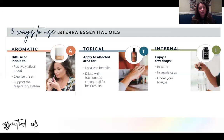And it's also great to remember that it's something that's going to affect your whole body. So if you're in doubt, or I don't really know where to put the oil, you can always put it on the bottoms of your feet or down the back of your spine. For my kids, I like to roll the oils down the back of their spine and then I rub it in,